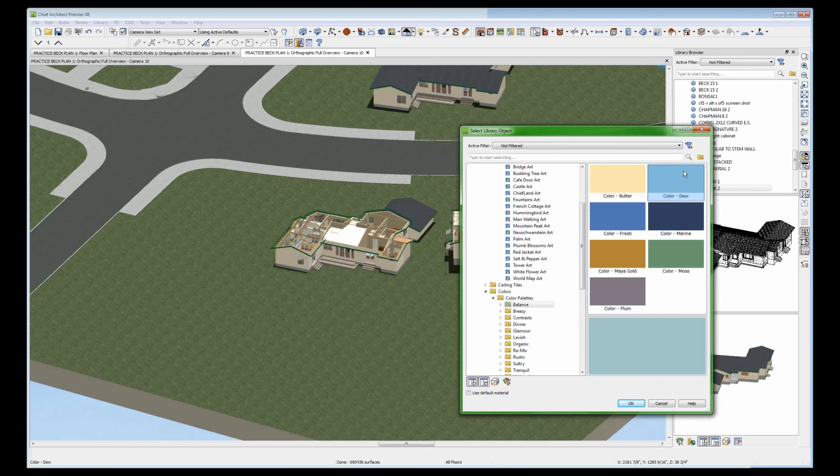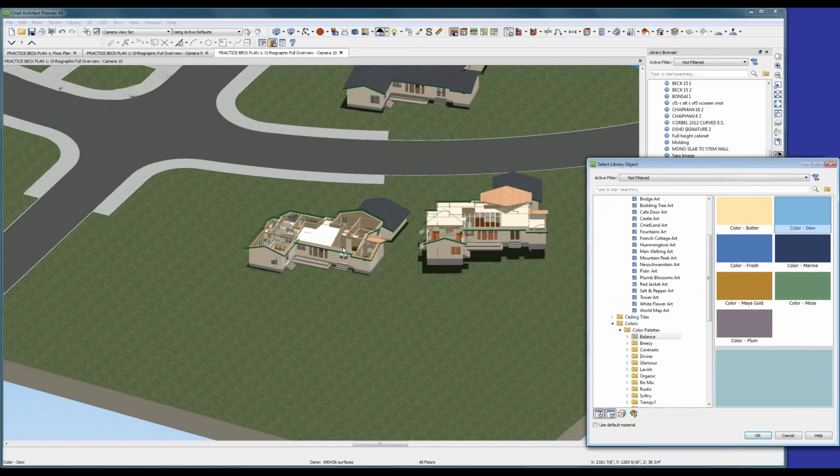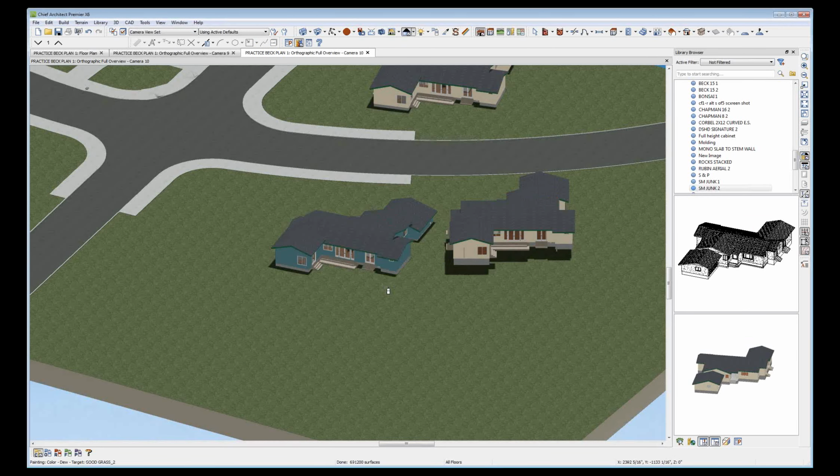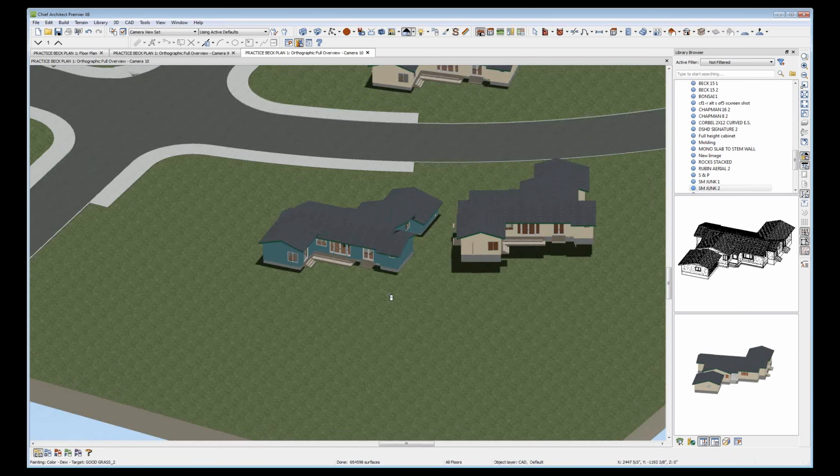Maybe you want this house. Okay. You want this house to be blue. Let's see what happens. You think it's going to paint just that house blue or all the houses? No, just that house. Now you got a blue house there. And then you can